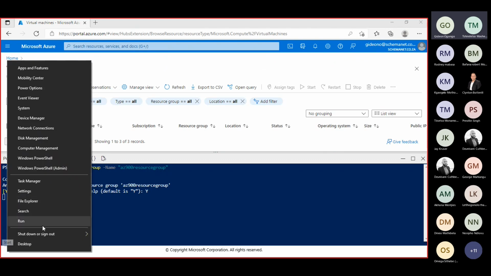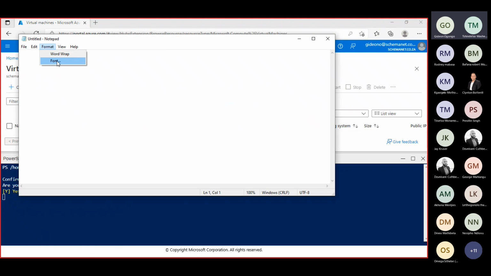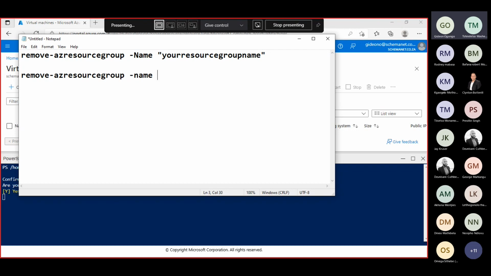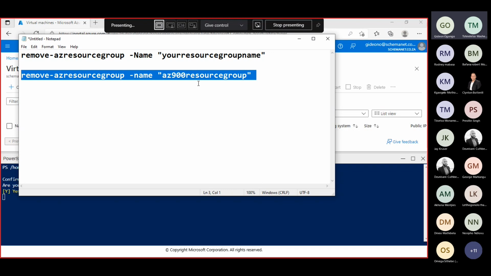So remember this command. I'm going to type it here and I'm going to put it on the chat. Please remember to run, to remove your resource group, Remove-AzResourceGroup and then -Name. And then you can type your resource group name here. Now, remember to change your resource group name, so it will be Remove-AzResourceGroup -Name. It will be AZ900 resource group for me, like so. And then you can copy this, and then you can just paste it in your environment. So what I'll do is I'll just copy and paste this here so that you guys are able to